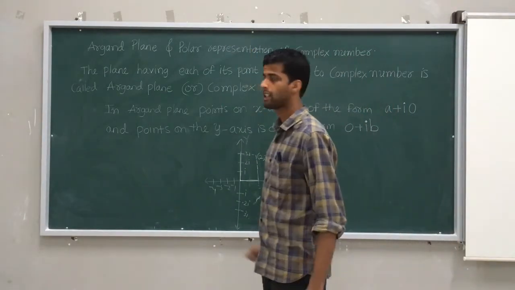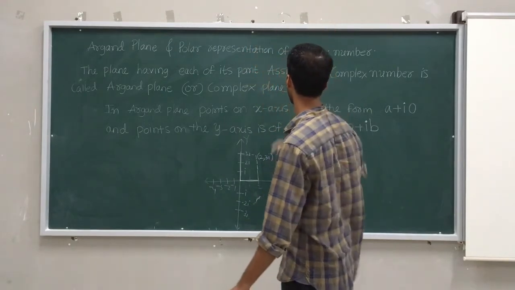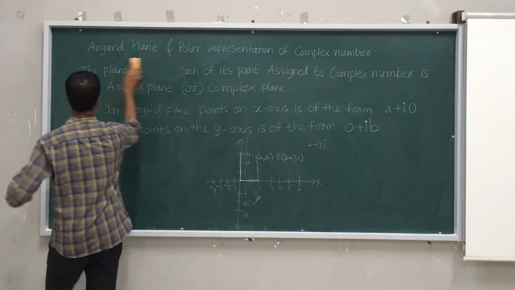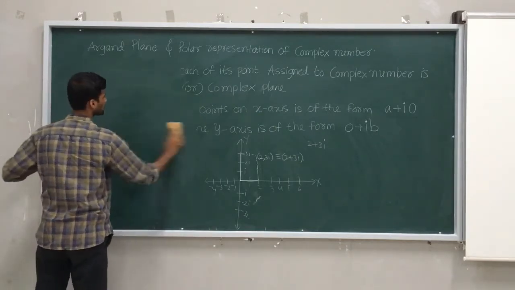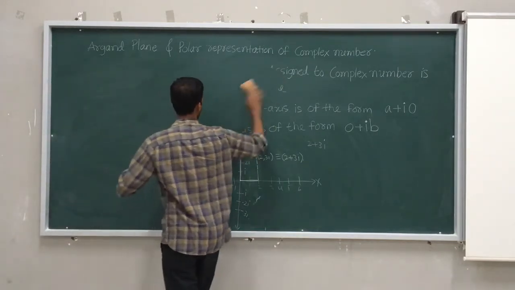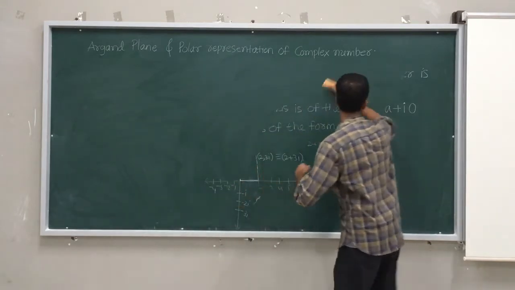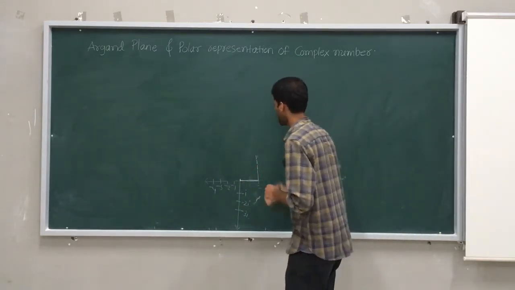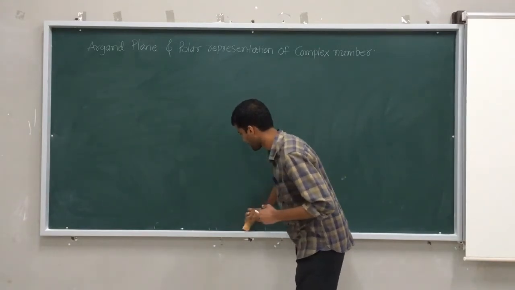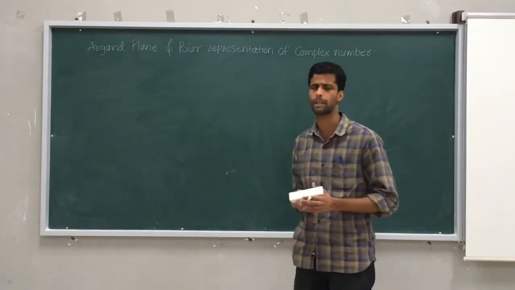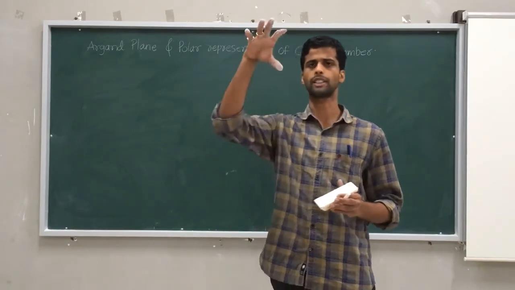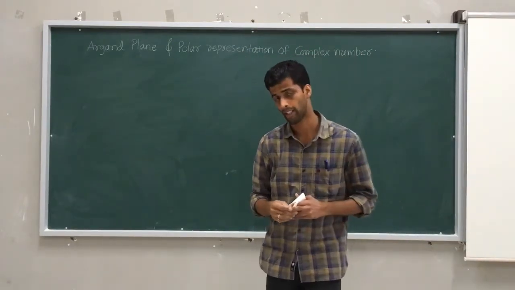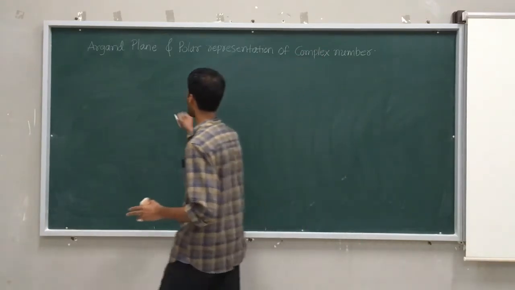It's the first part. Now I want to tell you what is the polar representation of a complex number. It's very interesting. So usually in coordinate geometry, we notate coordinate points as x comma y. Now what do you mean by polar form? There are many coordinate systems in mathematics. For your syllabus, you have only two. One is the coordinate system that is x comma y, the Cartesian coordinate.